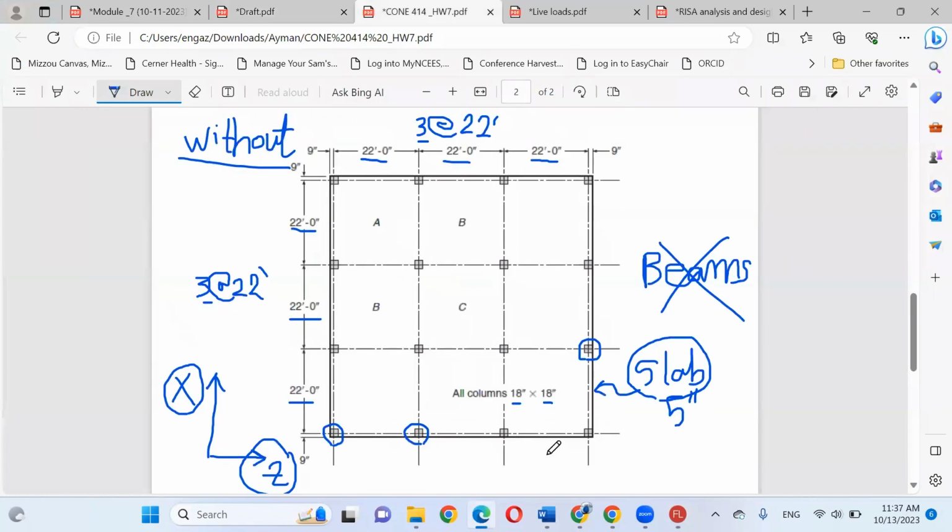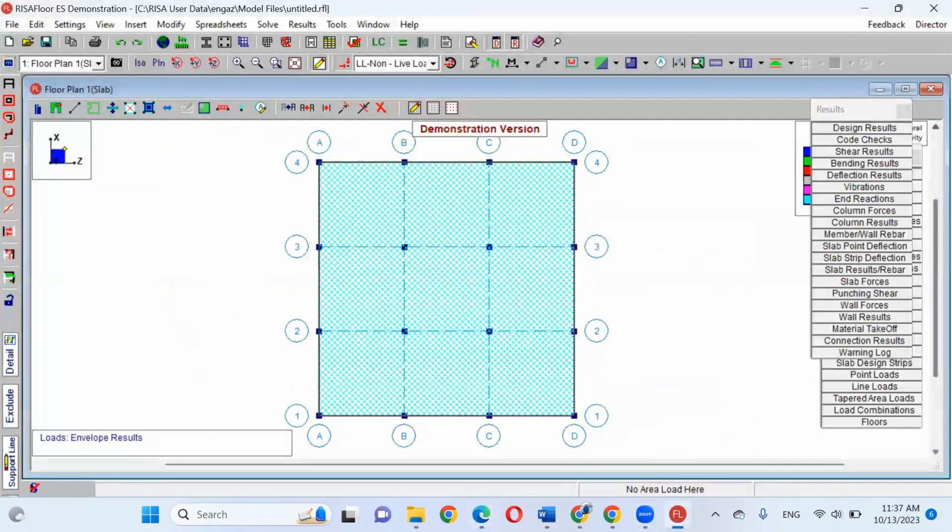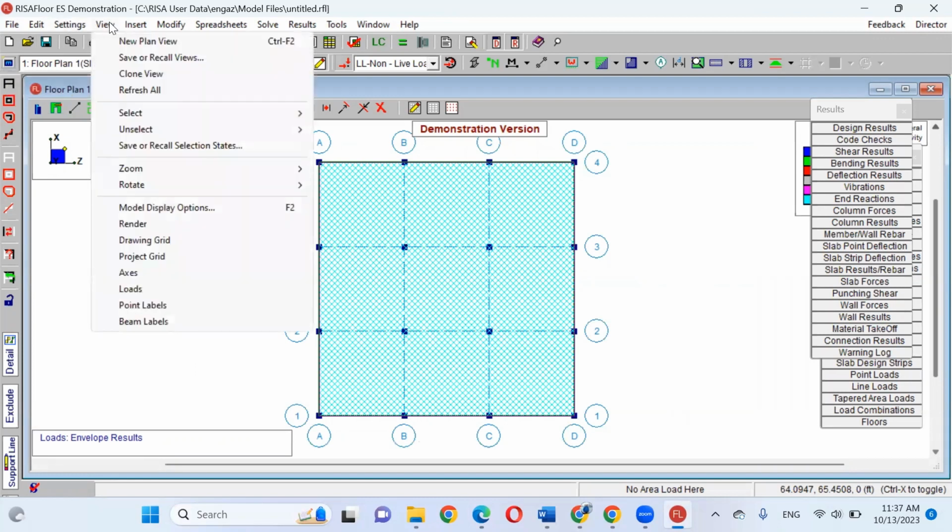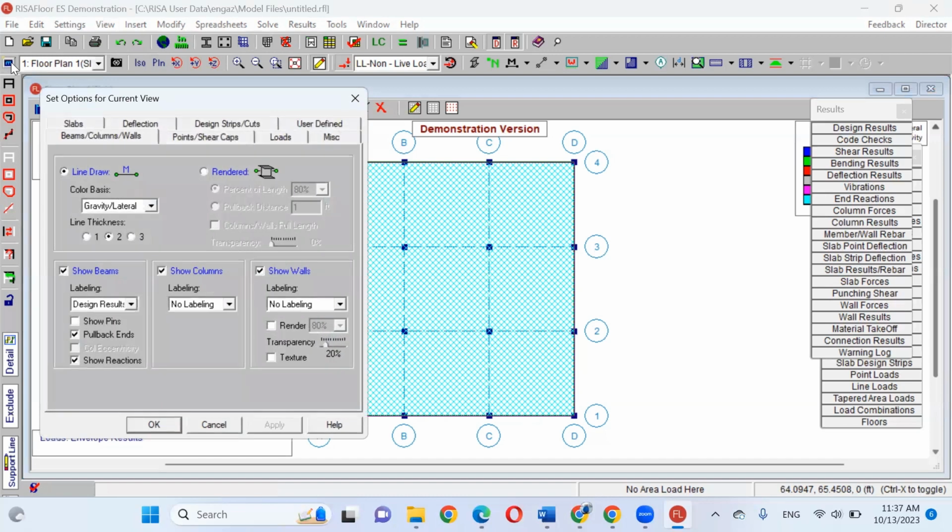So what is the bending moment on this slab? If you go to this little icon or F2, or from View, Model Display Options, you have different ways: F2, or View, Model Display Options, or this little icon.